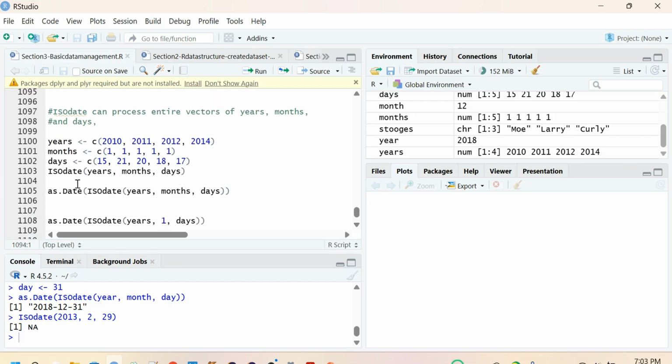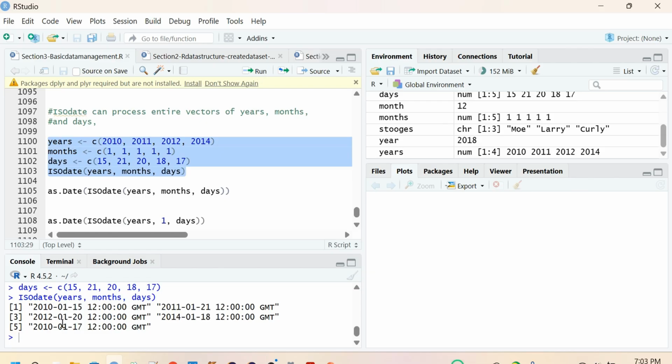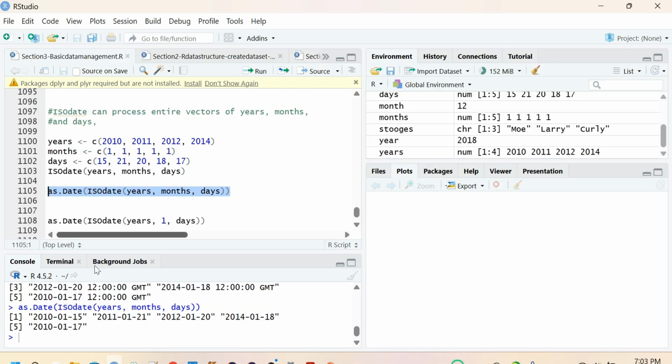And for ISOdate, you can also work with vectors. For example, we have 5 years, 5 months, and 5 days. Then we can work with this one function. So the result is a vector with 5 dates, but this is not an as.Date result. So we will use as.Date, ISOdate, then years, months, and days. So the result is quite clear. It's a vector combining